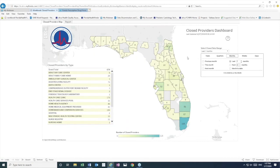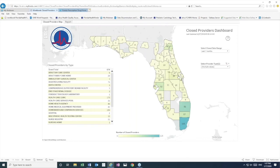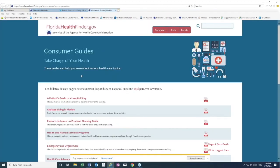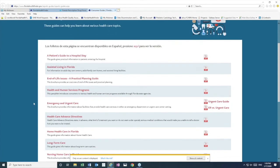We can choose to search for closed providers using the date ranges on this menu. We can also select different provider types on this drop-down menu. You can click the map of Florida to select a particular region that you would like to search. Next on our resource panel is a link to our consumer guides. We'll click that. The consumer guides on Florida Health Finder provide answers from the agency on the many healthcare issues